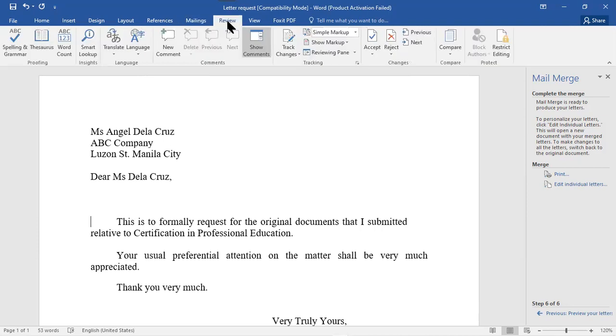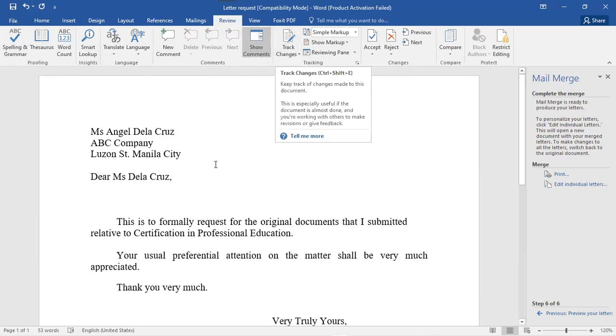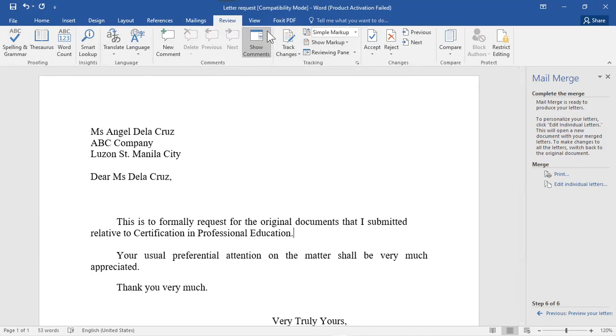Okay, and then we have the review there. We have the proofing or the proofreading on this portion, checking your spelling and grammar, the smart lookup, the language that you are using, the new comment. This is same with the comment section kanina na pinakita ko, and then the track changes. So this portion is ano siya, connected doon sa comment and new comment. So there, makikita mo dito yung ano ba yung mga nabago. So, if you click the track changes, like for example, this one,